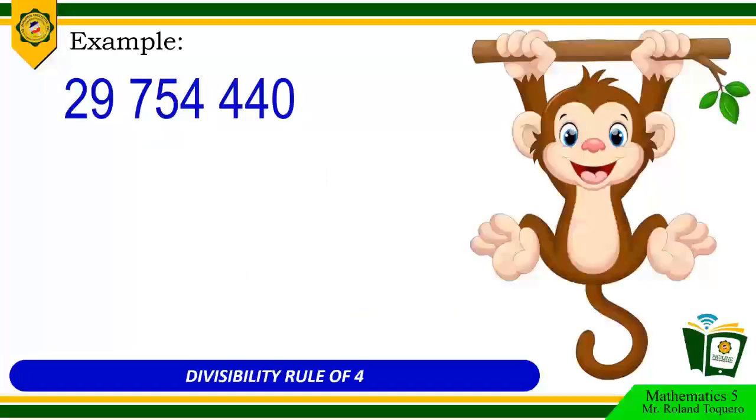Let's proceed to the next divisibility rule. How do you know if a given number is divisible by 4? Let's take a look at this example. The given example is 29,754,440. To check if this number is divisible by 4, we need to focus on the last two digits. If the last two digits are divisible by 4, then the whole number is divisible by 4. In our given number, the last two digits form the number 40. Is 40 divisible by 4? The answer is yes, it is. Therefore,